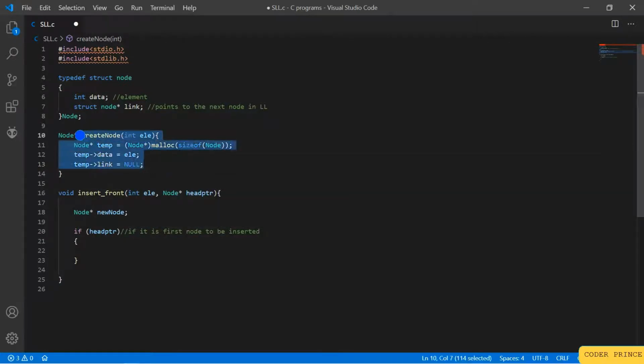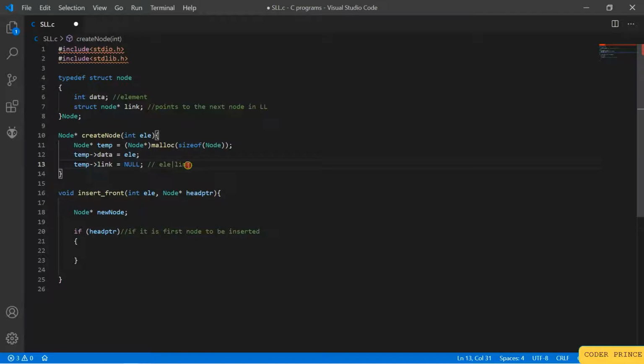This is because this depends on how we are going to modify our linked list, right? If you want to insert at the end, we will have a different logic, and insert front will have a different logic. So initially it is a temporary node with an element part and a link part, right?